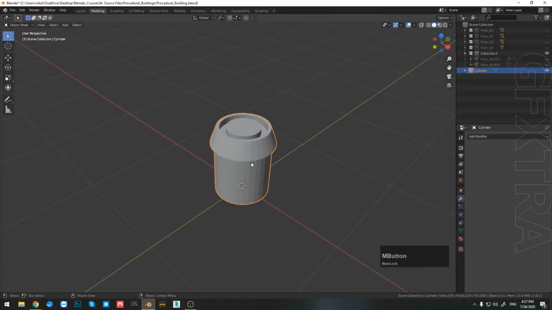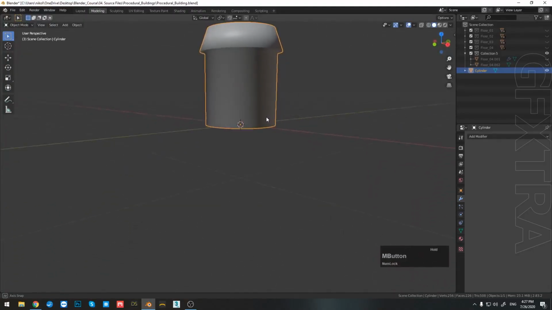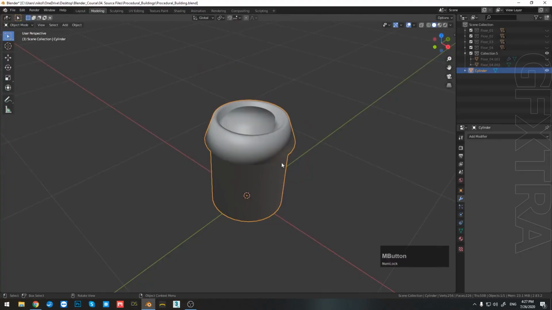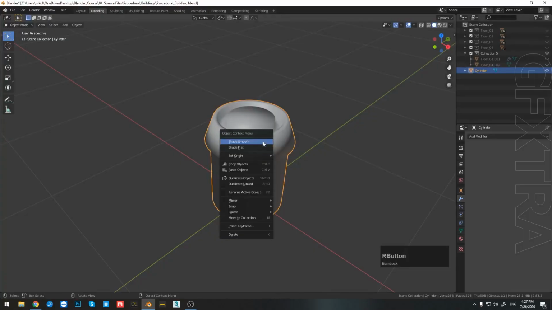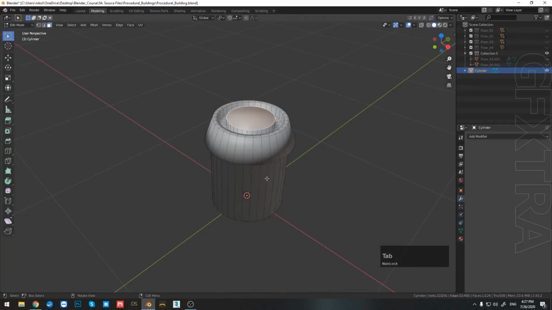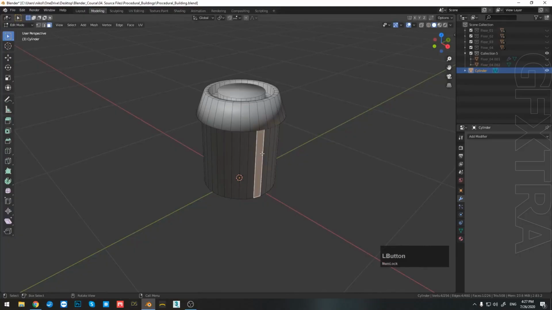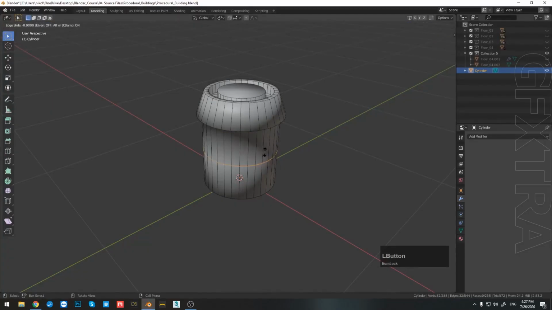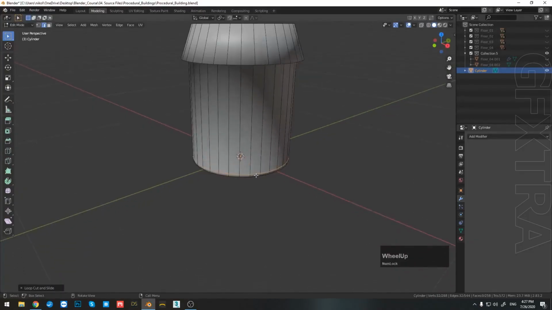So now that I have that, I want this object to be smooth. So how can I do that? Well, while in object mode, press right click and select Shade Smooth. But right now you notice that the object doesn't have any hard edges. So how can we add that? So while in Shade Smooth mode, press Tab, now press 3 on the keyboard, and let's add Loop Cuts by Control R, and just click once, don't double click, and drag it down so it's nearly at the edge of